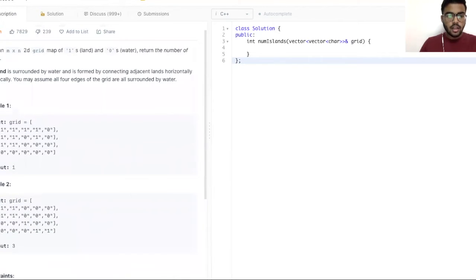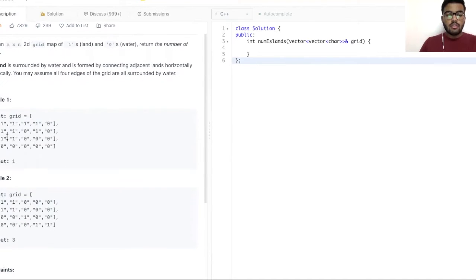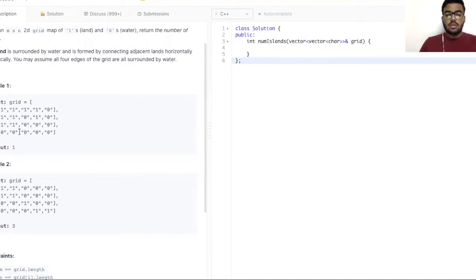Since they have said that an island is formed by connecting adjacent lands horizontally or vertically, we have to check in the horizontal and vertical direction if there's a one. If there's a one, we'll count it in the island, and if there's no vertical or horizontal one, we'll break, and the whole formed island will be counted as one entity, giving us a count of one.